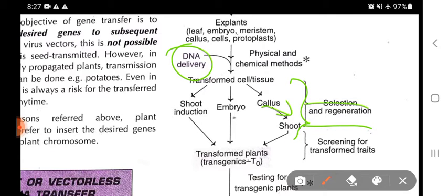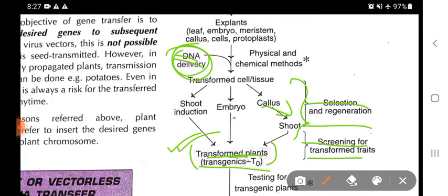For that, selection medium is used. Obviously selection medium is used, and the DNA being introduced into the plant cells must contain some selectable marker genes for proper selection of the cells which have been transformed with this DNA. So we get the transformed cell lines, the transformed plants. Further screening is done to check the phenotype of the transformed plants, whether the gene is going to be expressed or not, and whether our desirable phenotype is going to be observed on those plants or not.